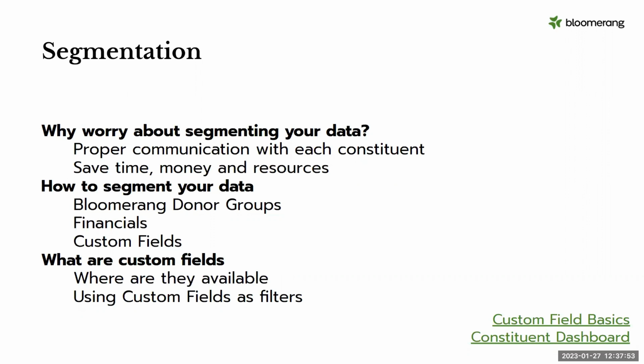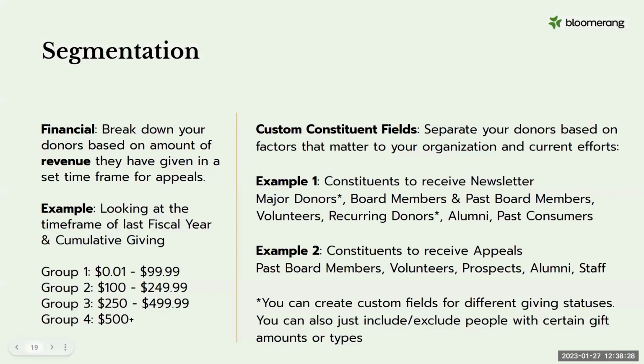Some common examples of that would be current board members, former board members, volunteers, staff, former staff, members, alumni, a granting organization. Depending on what your organization does and what your different efforts are, this will impact what those fields are. But remember, we're talking about their relationship to you. And I recommend making this a pick multiple field because it's absolutely possible that someone can be a volunteer and a member of your museum, for example.